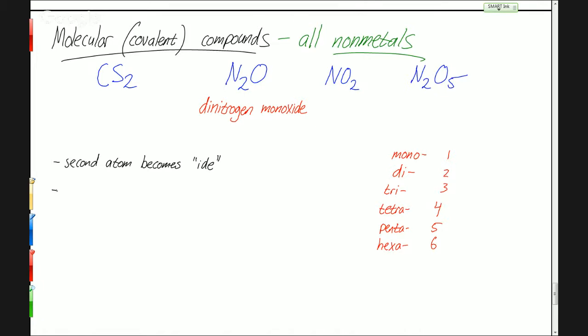Another kind of unusual rule here, not unusual, but something that doesn't exactly fit, is you usually drop mono on the first atom. So this first one with 1 carbon and 2 sulfurs should technically be monocarbon disulfide. But we usually drop that one on the first atom. And so instead we just call this carbon